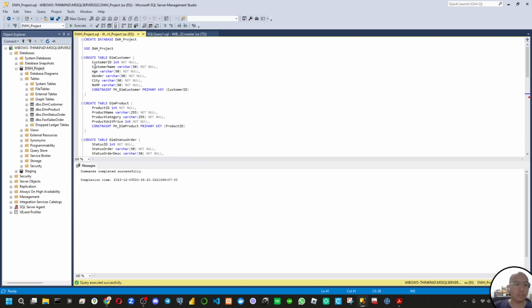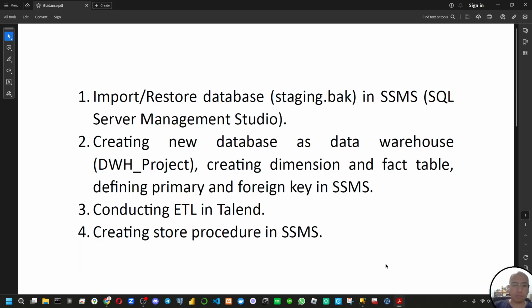Now the second step is done. We've already created the dimension and fact tables. We've already defined primary and foreign keys in SSMS.